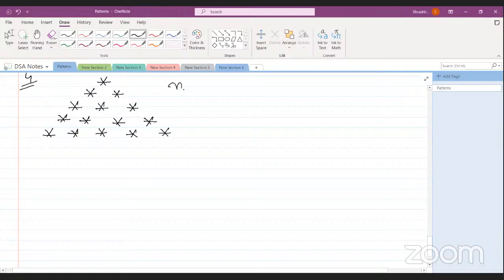Okay, so here n is equal to 5 and you need to print this kind of pattern. Can you tell me any observations you can make out of it? Or can you print it? Let me write for your help that the number of rows, or R, is equal to 5. The number of columns is also equal to